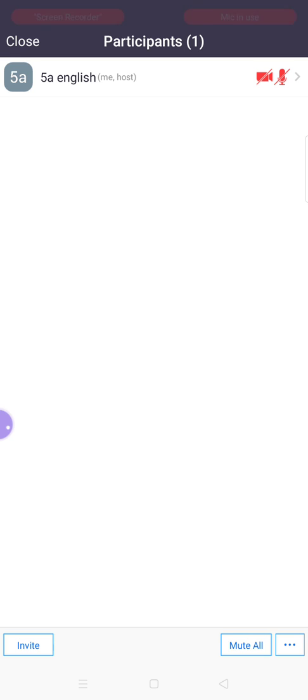Next is mute all. If the participants are there and you want to mute all, definitely at the start when you begin the meeting you have to mute all, otherwise there will be a lot of disturbance, a chaos of echo sound in your meeting. Not a single person will be able to listen or speak anything because it won't be understandable to any of the participants. So I suggest you just mute all.